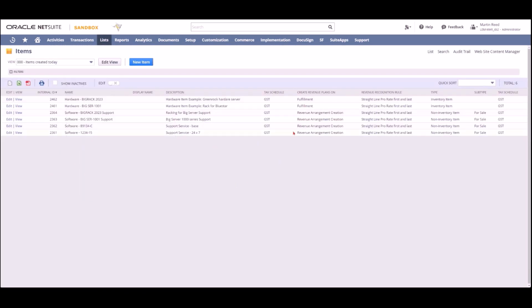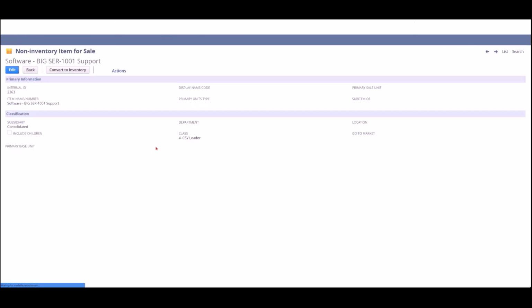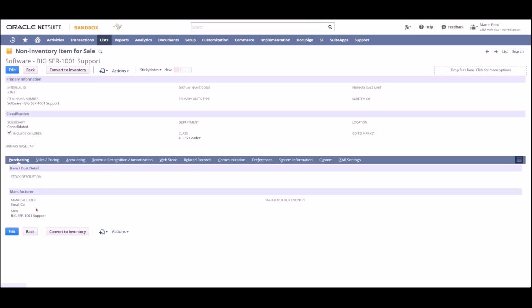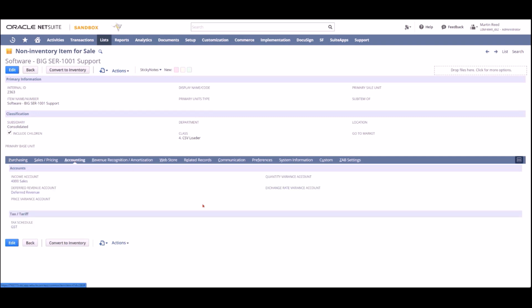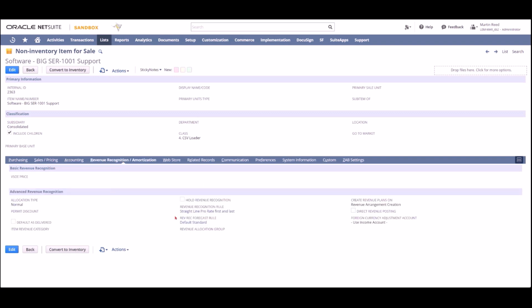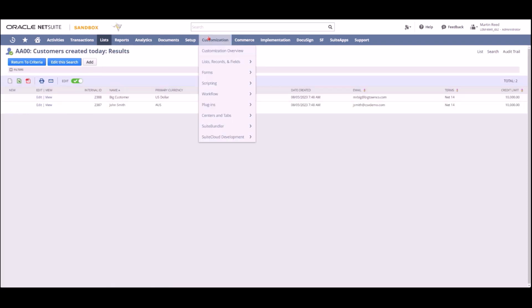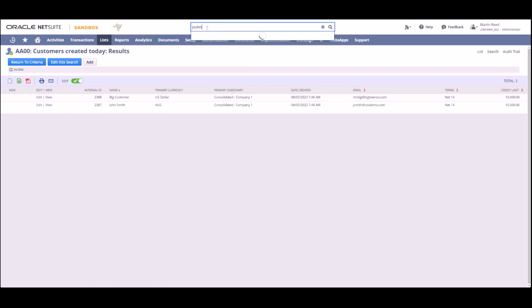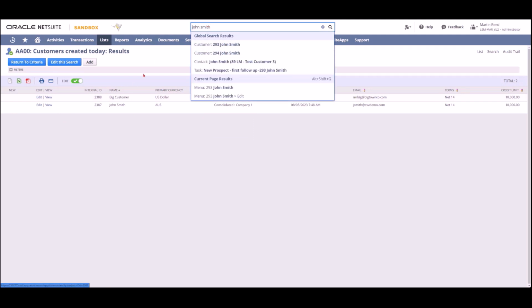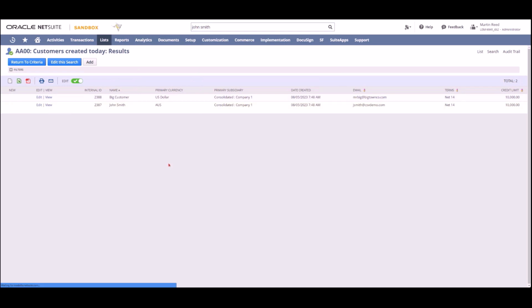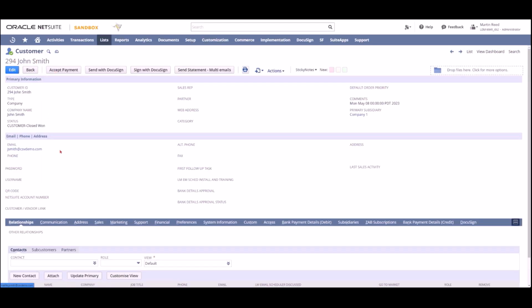When I look at my items, you can see that the items created with all of the details that I set in the file. On my purchasing, that's the special field that I'm using for all my lookups. I'm not using any IDs for it. It's setting all my accounting as per my standards, or my preferences. It's setting all my revenue recognition for my customers. I now have 2 John Smiths. You can see I've now got 2 John Smiths, 293 and 294. This customer here is 294. Right, John Smith, the one I loaded today, and he's got all his relevant